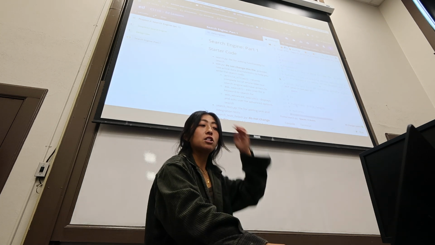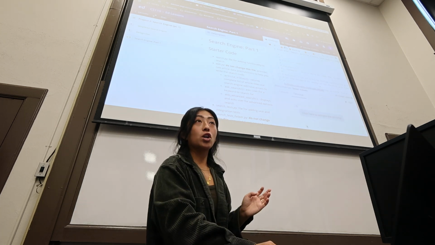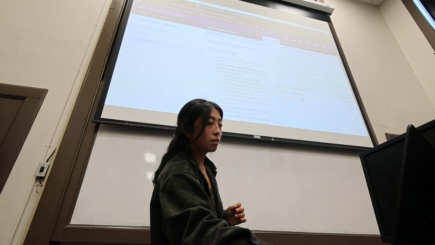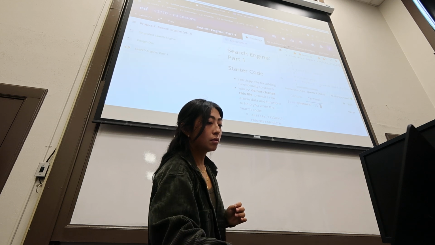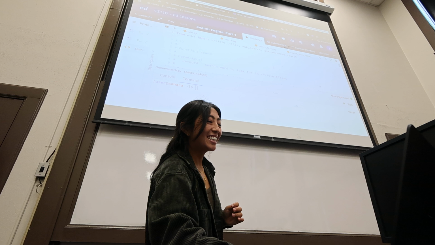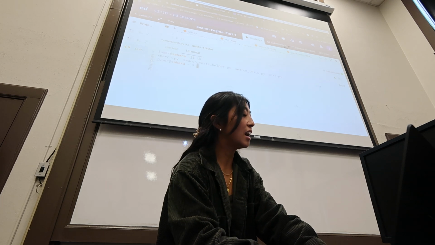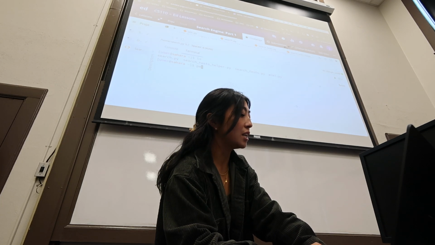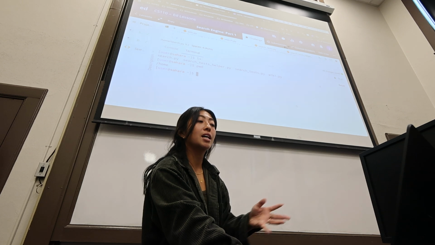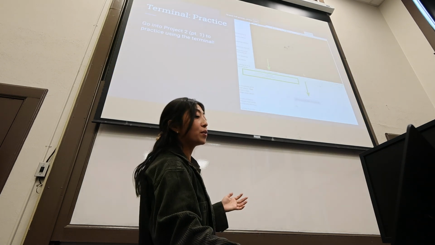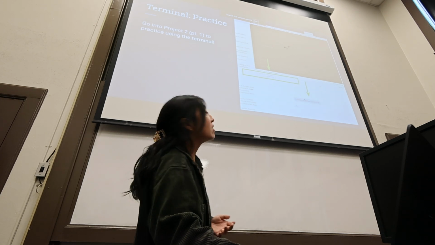If you go to your project 2 part 1, and then you hit terminal, you can activate the terminal here. Let me make it bigger. I think you can click on the dots. I'll just do this. Okay, so here I can already ls, right? I can do pwd to see where I am, and it looks like I'm in home. If you all want to practice, go ahead and click on your terminal here and then just activate it.